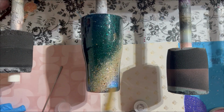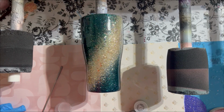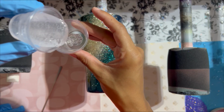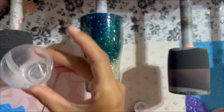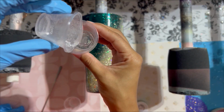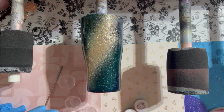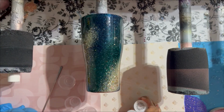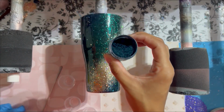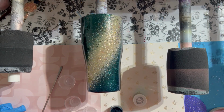I'm going to go ahead and torch this and just let it spin for a little bit while I separate my epoxy into a few separate medicine cups. So I'm just going to separate out my epoxy here. We are going to be using 3 colors today for the Milky Way swirl portion of this. 2 of the colors are actually from Simply Sarah Customs. She makes mica powders and other pigments that you can use. These 2 were in the BAMF custom subscription box,